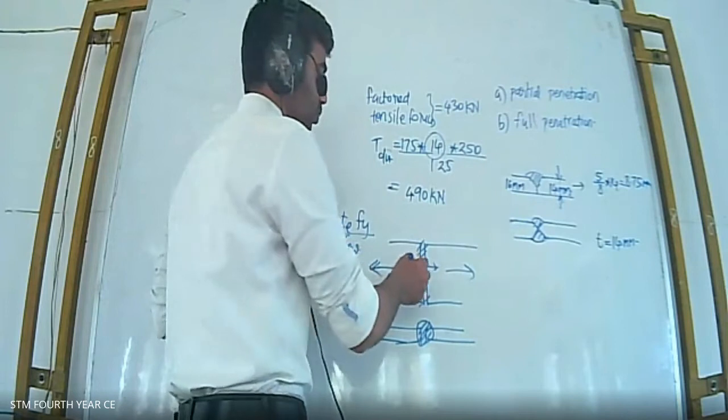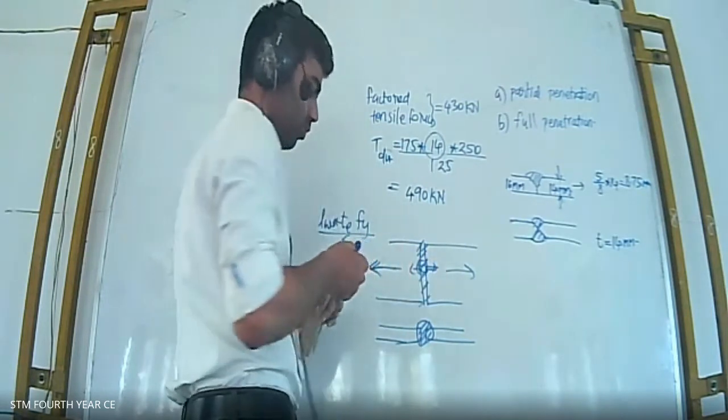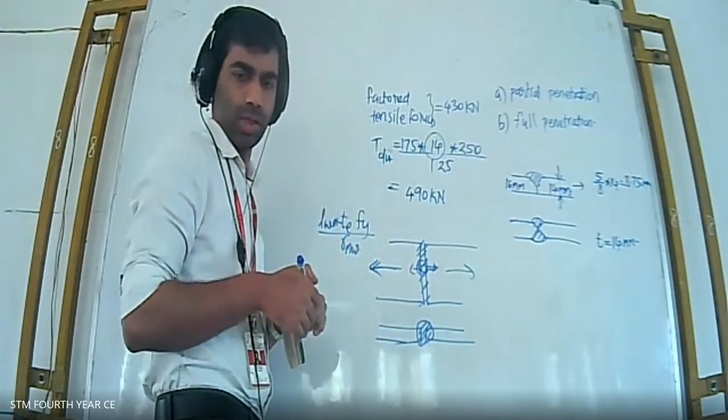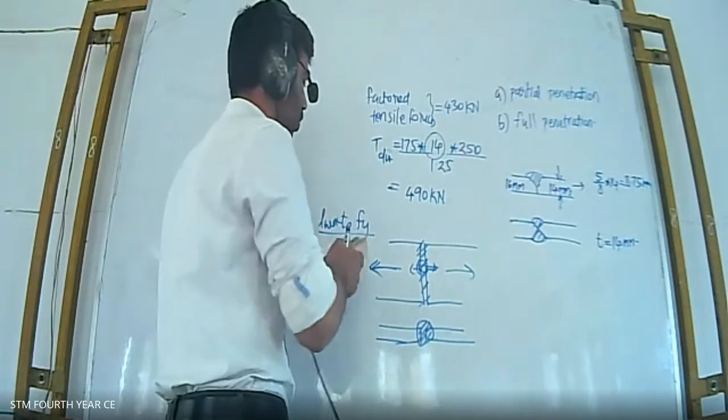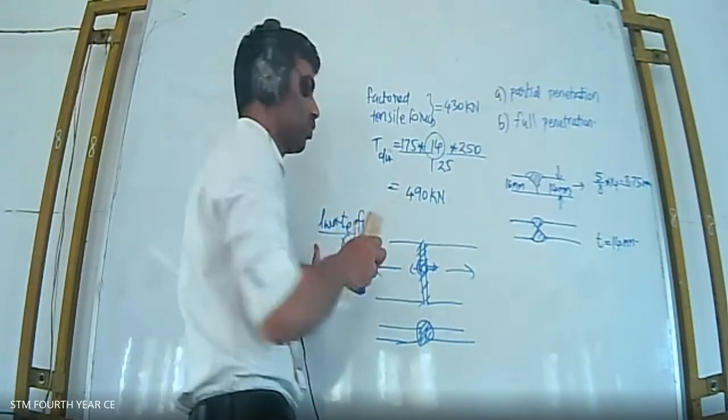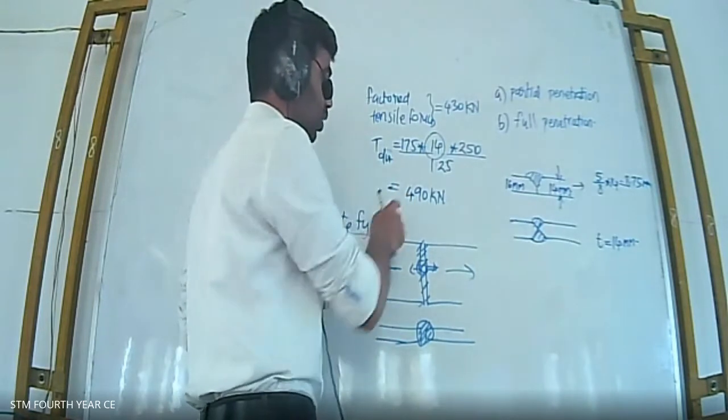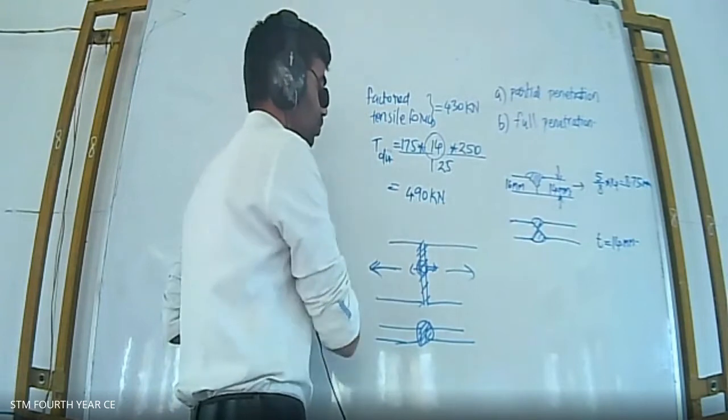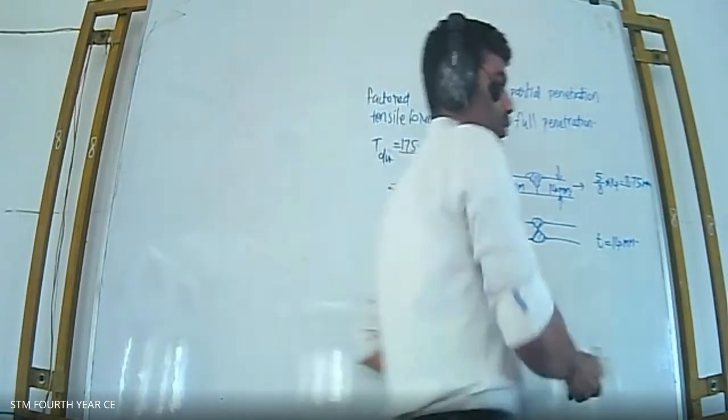Here we have only tension in the weld, right? So that is why we have not provided root 3. In the next question, you have to provide root 3. So here I hope this value is obtained. Next problem you have to write down.